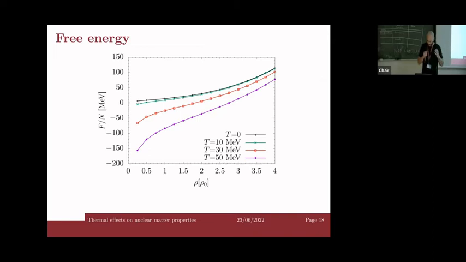For more degenerate systems, thermal effects should play a less important role, so we would expect that at high densities the curves would approach those from the zero temperature calculations as well. For the plot of the free energy it seems so, but